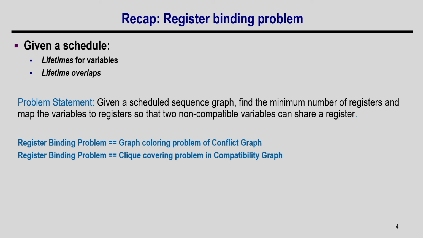But in today's class we try to see this particular problem from a different angle. Earlier we saw that the registers are individual entities in the hardware, spread over the hardware, and I map the variables to the registers with the objective of using the minimum number of registers. If two variables have non-overlapping access, that is, they do not have any lifetime overlap, we can put them into the same register, because after the last use of the first variable there is no requirement of that variable in the hardware. So, let us remove that and store the new value into it. That is the overall idea.